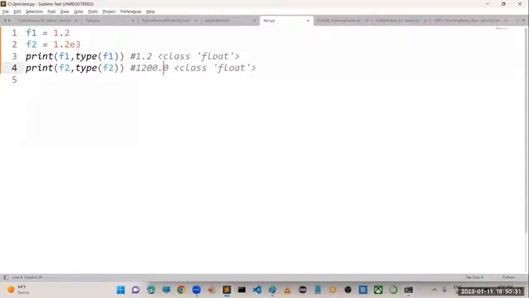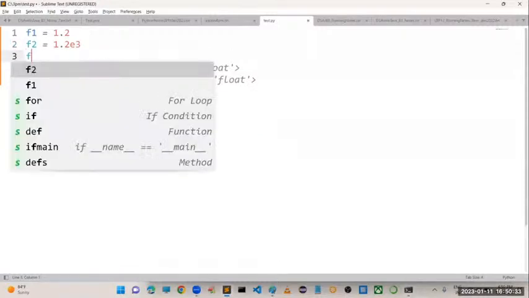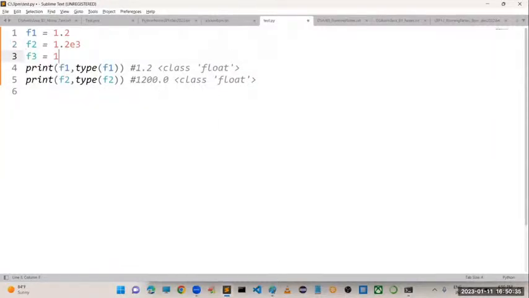Sir, similarly, can I take f3 is equal to 1.2 e to the power minus 3. Then I want to print f3 comma type of f3. So 1.2 divided by 1000, what output will we get? 0.0012.